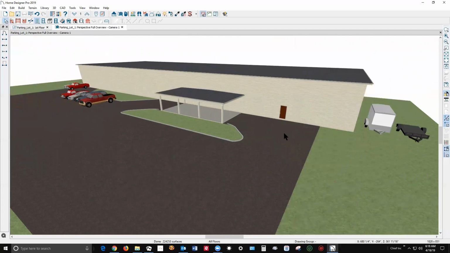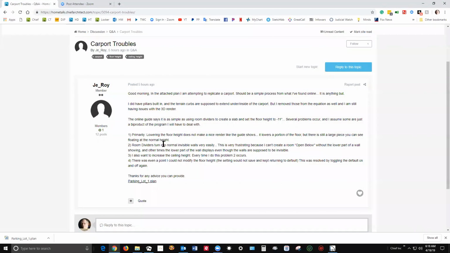And there's nothing tough about the program. The reason most people, let me read your own words here. You said the online guide says it's simple as using room dividers to create, you know, and it is simple once you understand it. But after you've studied it, after you've practiced with the material and the software, and you've failed and you've had some successes, then it becomes easy. But not initially. This is very frustrating because I can't create a room open below without a lower,